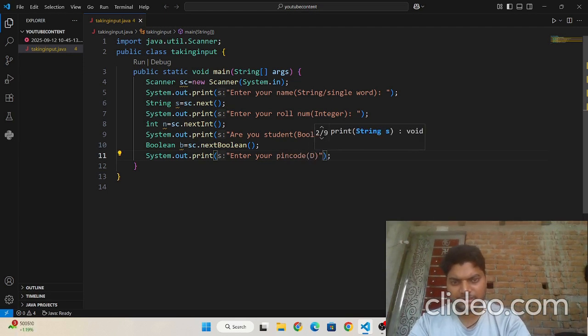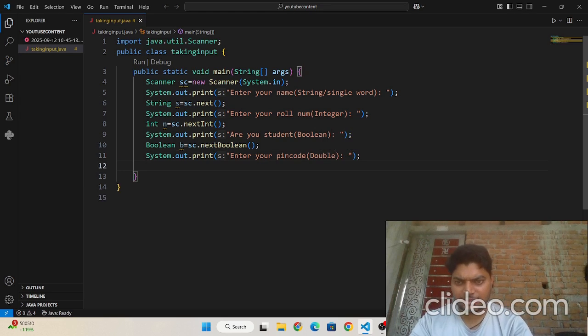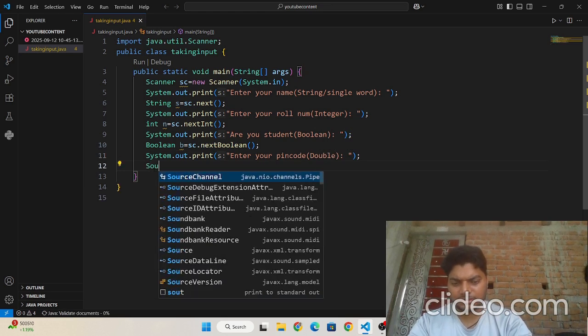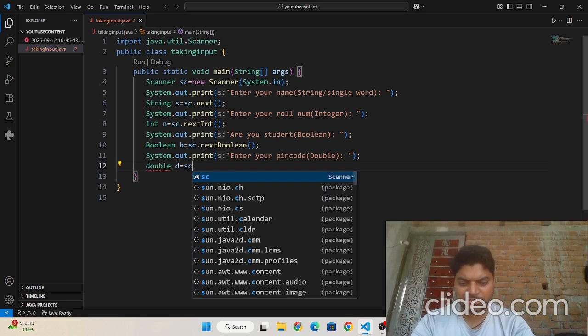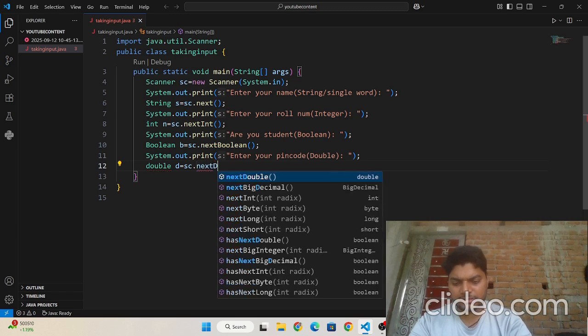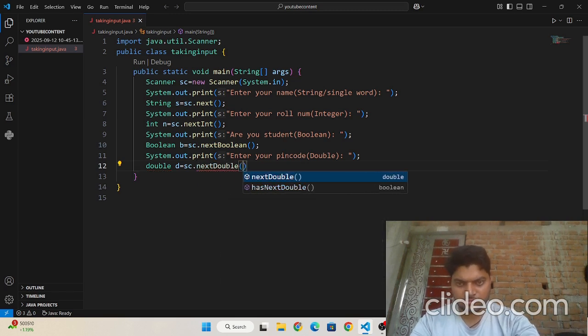It will be in double. Now I need to take it as double d is equal to sc dot nextDouble. Okay, done.